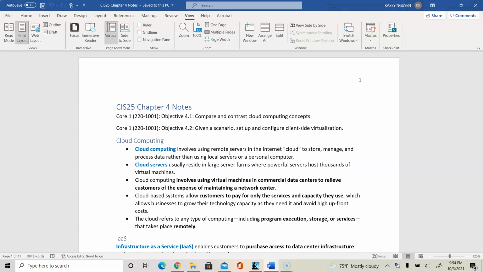And cloud servers reside in a large server farm in data centers, and these powerful servers host many different type of virtual machines. And I believe in the lab this week, we touched on AWS and how on AWS you can use the EC2, which is the virtual machine version. And the reason why the company offers virtual machine services is because it's affordable, it's easy to manage, and so therefore you would see virtual machines or virtualization being implemented